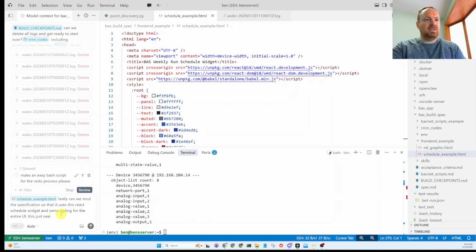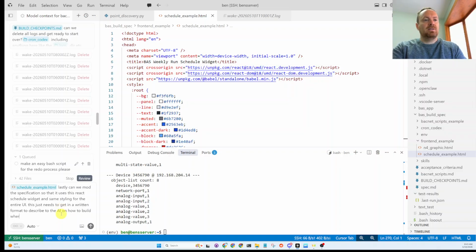This just needs to get in a written format to describe to the AI how to build, where then under the hood, the AI needs to write to these points in its BACnet drivers